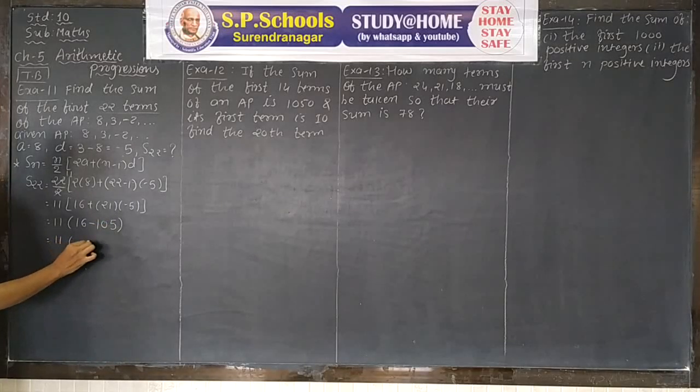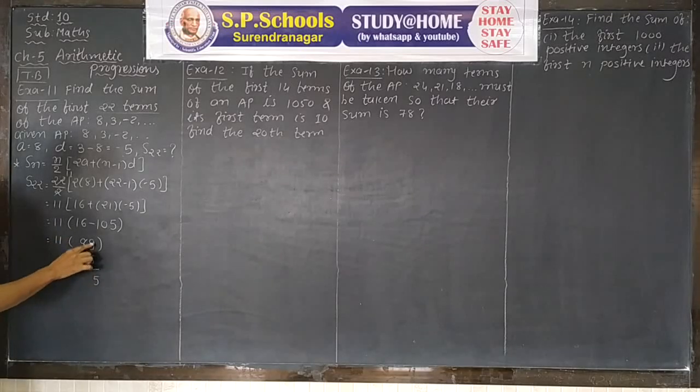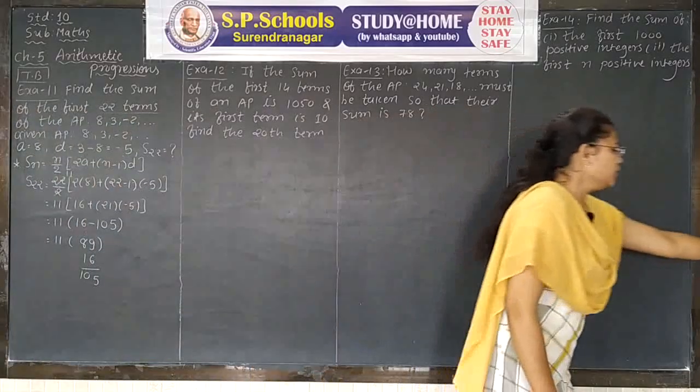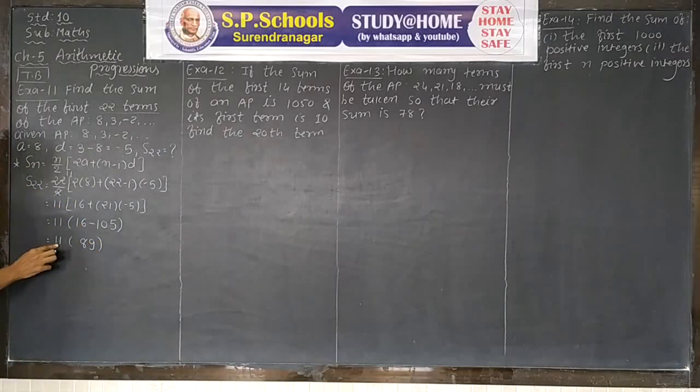15 minus 6 is equal to 9. Here is a 0, that's why 9 minus 8 is equal to 89. 89 plus 16 we get, if you are not able to verify like this, 9 plus 6 is 15, 1, 8, 9 and 10, which is 105. Hence the subtraction is correct here, 89. Now we multiply 11 with 89. It is 11, that's why 89 and 89, 9, 7 and 1, 979. 979 is the sum of first 22 terms of the given AP.